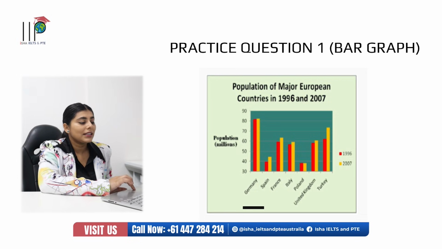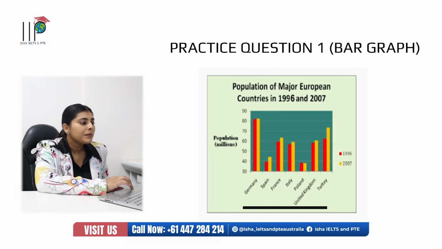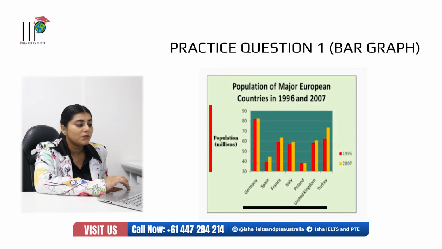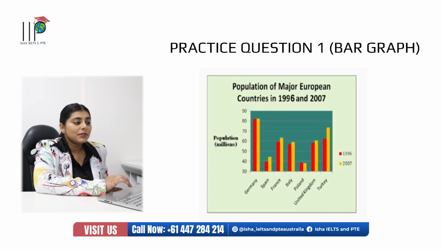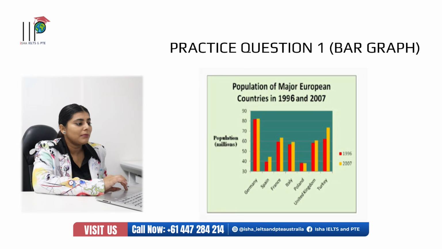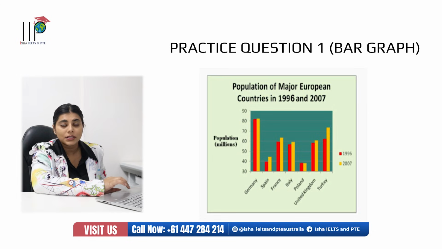And we need to have a look at the x-axis. The x-axis, over here they are showing the countries like Germany, Spain and Turkey. And we need to have a look at the y-axis, which is this one. And over here we can say that it is depicting population in millions from 30 to 90. Apart from that, you need to have a look at the maximum aspect. So over here, the maximum population is in Germany, which is around 80 in both the years 1996 and 2007,